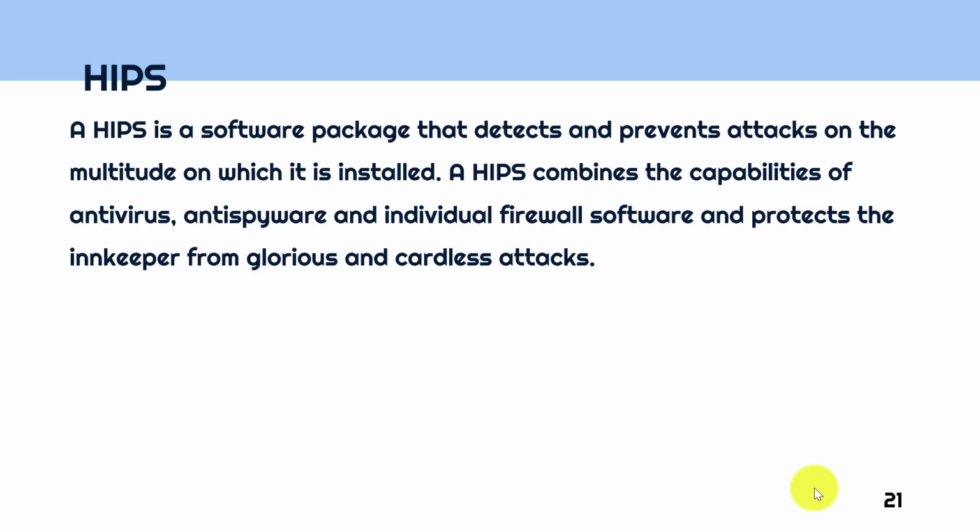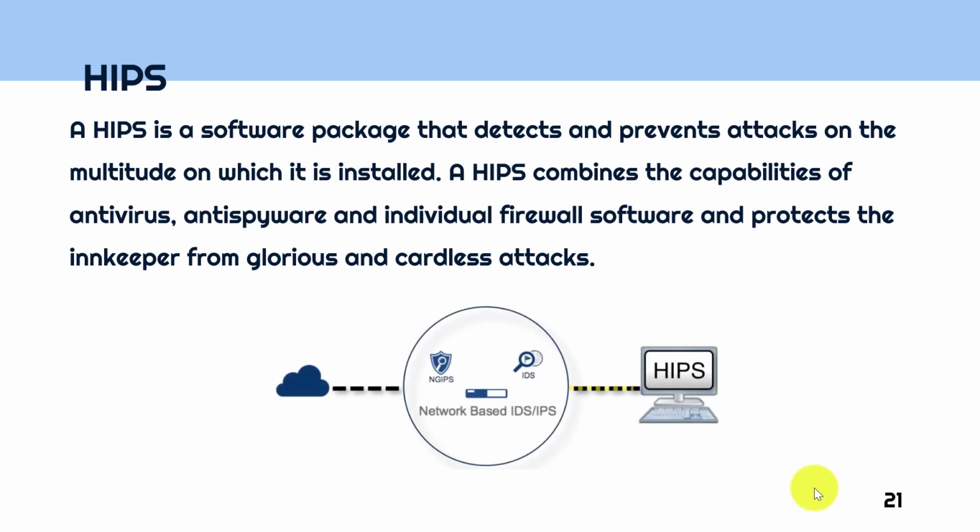A HIPS is a software package that detects and prevents attacks on the host on which it is installed. It combines the capabilities of antivirus, anti-spyware, and individual firewall software, and protects the host from malicious and harmful attacks. The second one is NIPS,